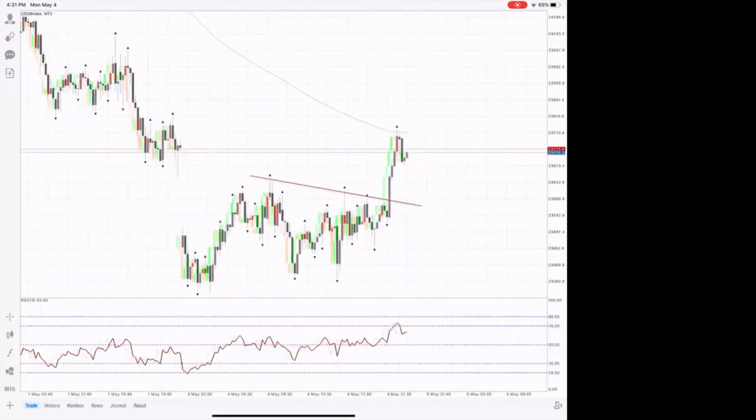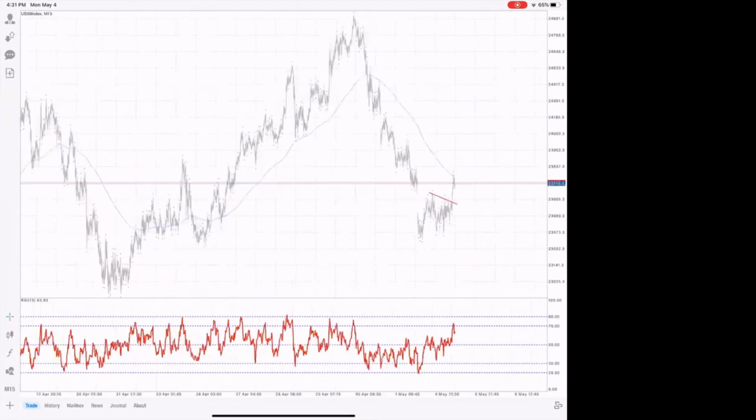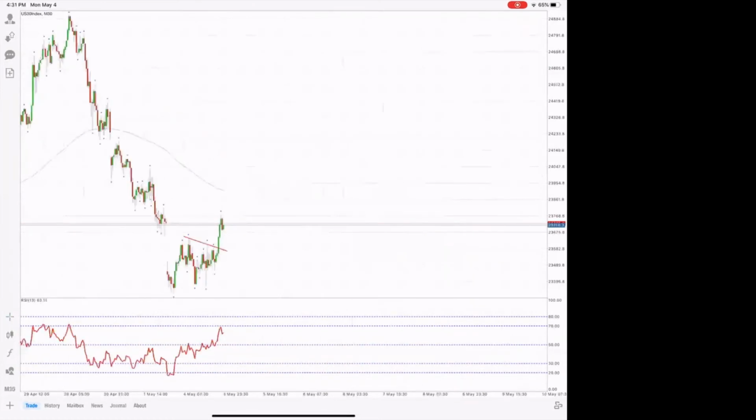Scalping along these moves right at these wicks, and then the news broke, and then boom, big breakout. And so I think this could be the start of another move higher. How high? It's hard to say, but